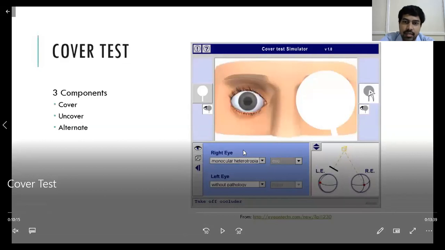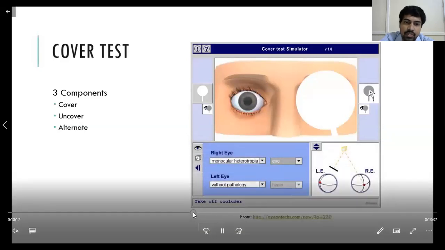Hering's law, Sherrington's law, all these laws: there's an imbalance between the extraocular muscles causing this squint. So if you do surgery on these muscles, just that is enough. If you weaken or strengthen the respective muscles, that is enough for this. So that is the inference you get from this cover test. Okay, so that was about the cover test.